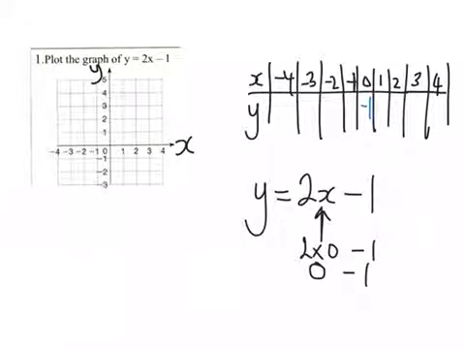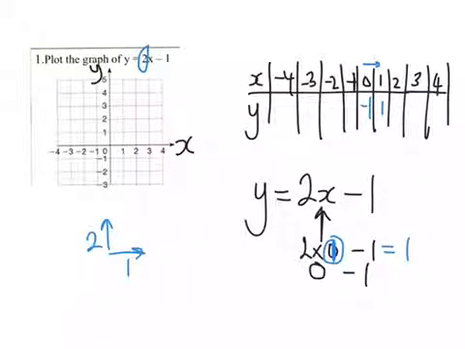Now if I'd like, I can do the same thing, but this time instead of substituting 0 in here, I would substitute 1. 2 times 1, take away 1 is 1. Or I can notice that the gradient here is 2. And what that means is every time I go across 1, I go up 2. So here I'm going across 1, x's are across, so my y values are going up by 2 each time. And that would be my pattern, which I could continue